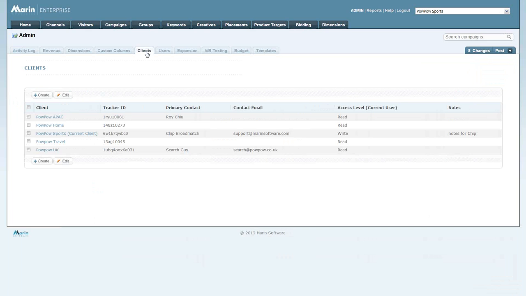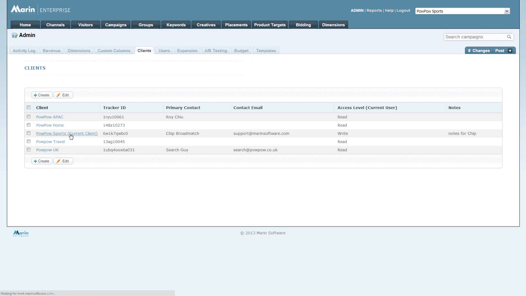And once there, if you do have multiple Marin account customers, they will be listed. Once you're there, what you will be doing is going to the appropriate client and then updating the client tags. So we'll go to the current client that we're in,